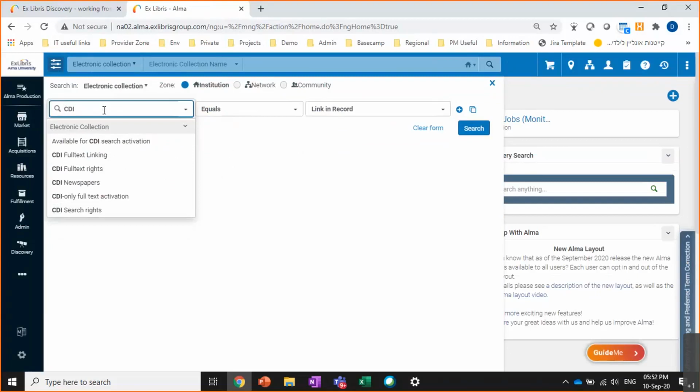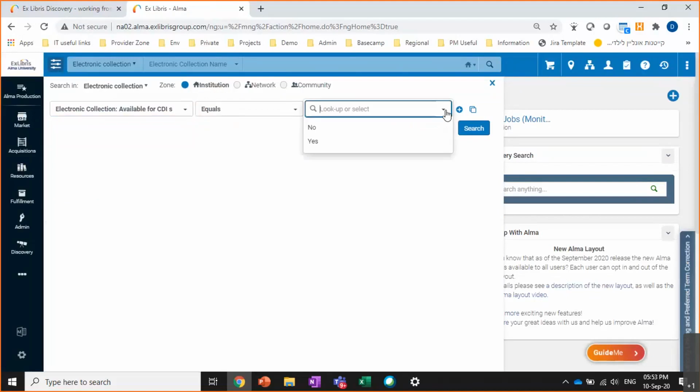Does it determine it based on the holdings? Does it define it based on a collection level? We have CDI newspapers, CDI only full text activation. We talked about CDI search rights, all of these attributes that we mentioned before. So you are able to locate collections based on CDI attributes.